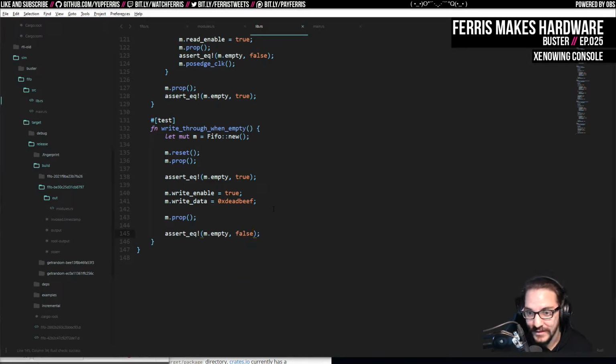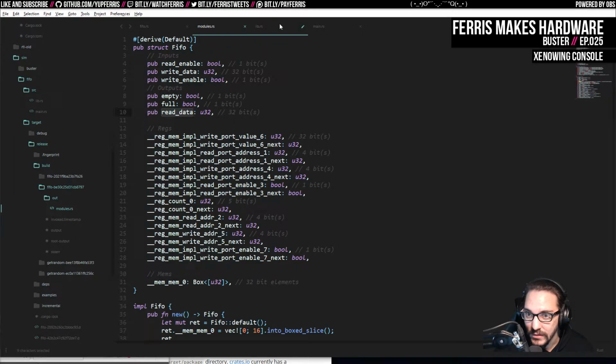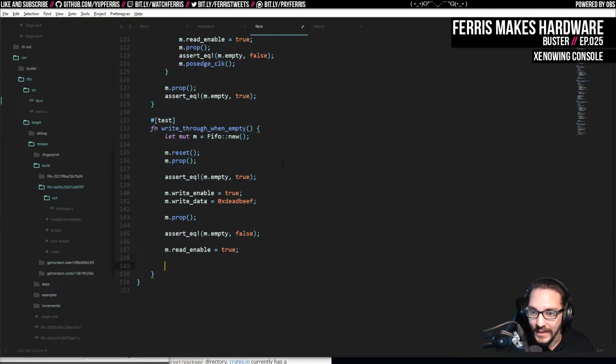So that's the thing that we want to do. And then I want to do m.read enable is true. And I think that's all we need. And then what I can do is m.prop, m.pause clock, and then we'll propagate the signals back again. And we should see assert equal